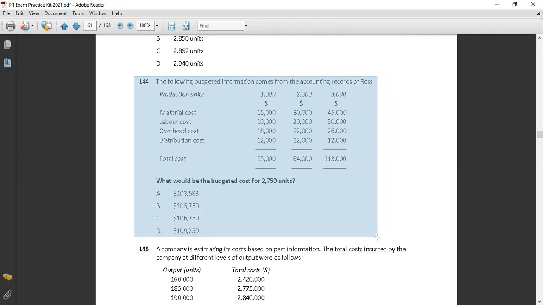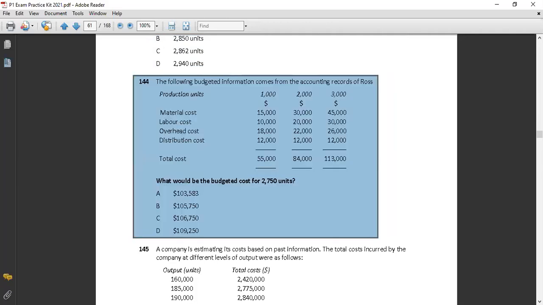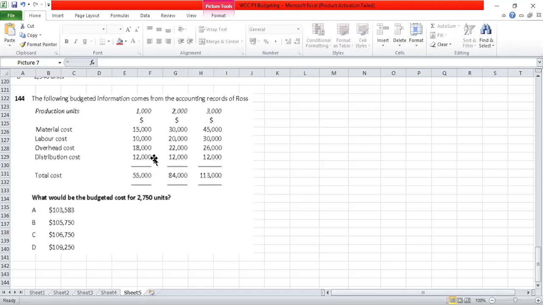So the concept we have learned about flexible budgeting accommodates multiple activity levels at which the activity is possible to happen in future. Even after that, if we still find that some activity level which is actually happening is not part of the budgeted figures, we can adjust and prepare for that. That is the question here. They have already prepared a budget at 1,000, 2,000, 3,000 units activity level, but maybe the actual was not according to that. So now they are considering adjusting that and preparing another budget at an activity level of 2,750